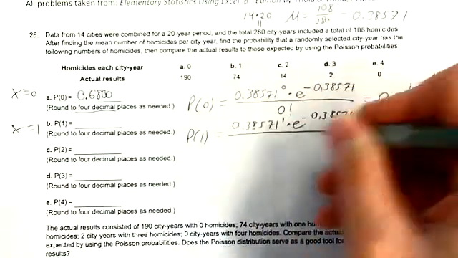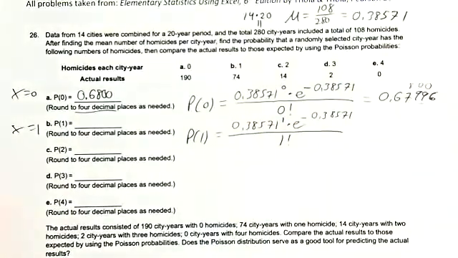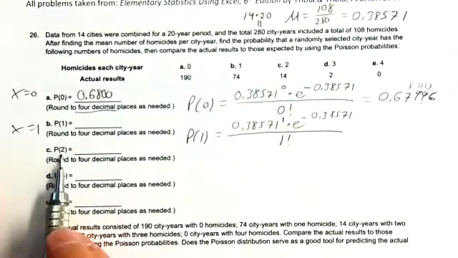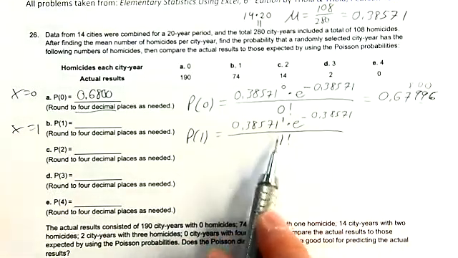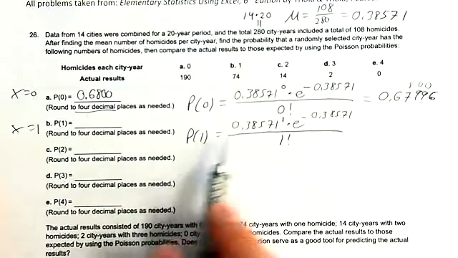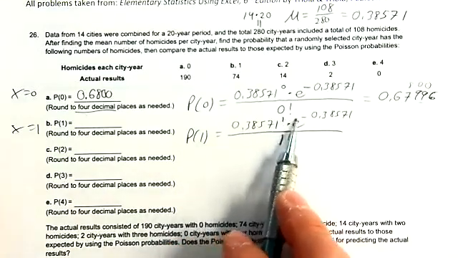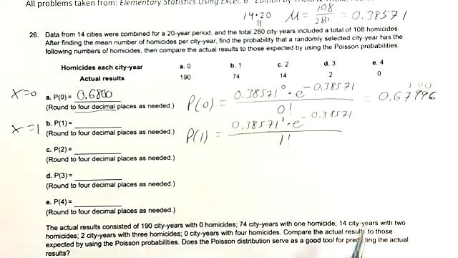And now it's over 1 factorial. And then when I have p of 2, it would be this number to the second. This number would stay the same, 2 factorial. And then when x is 3, I'd have this number to the third. This number stays the same over 3 factorial. So there's a pattern here. And if you do this correctly, you should get the following answers: